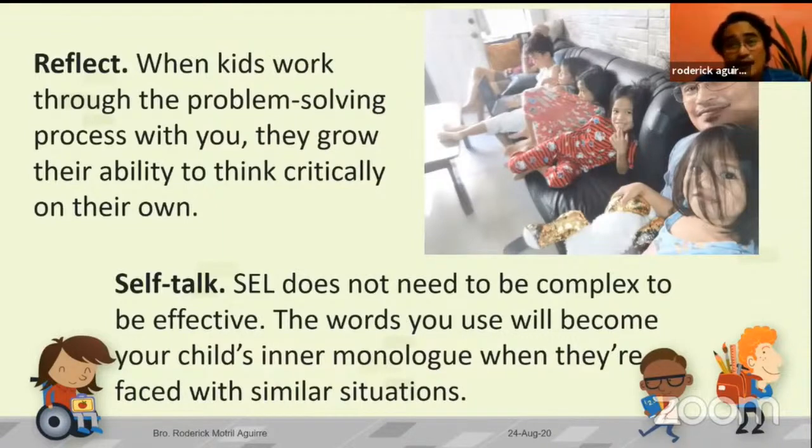Kaya nga itong mga pamangkin ko, when I say, I keep on telling them, okay ha, nagalit si uncle dahil mali ang ginawa ninyo, but doesn't mean I don't love you. Uncle loves you so much, okay? You understand that. But remember, you're not supposed to do that again. You're not supposed to hit your ate or to hit your sister. Your sisters are supposed to love each other.